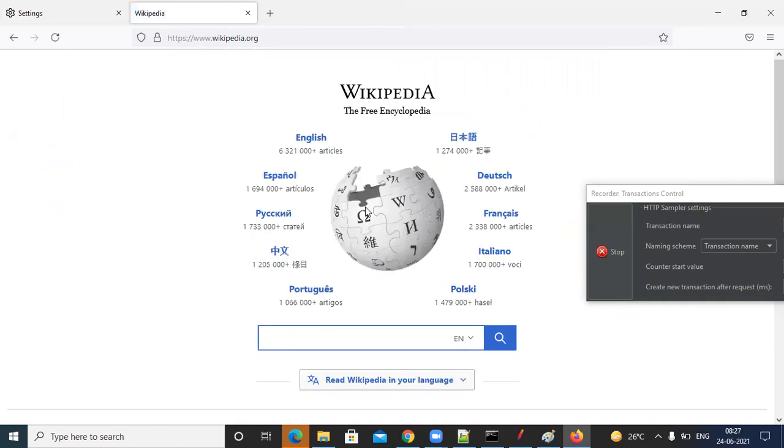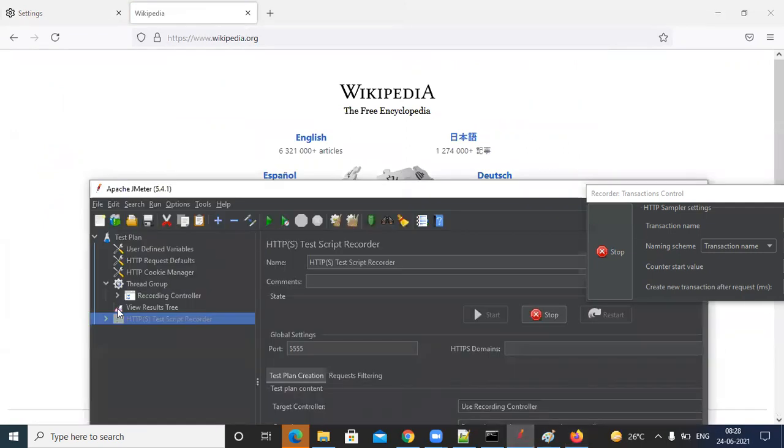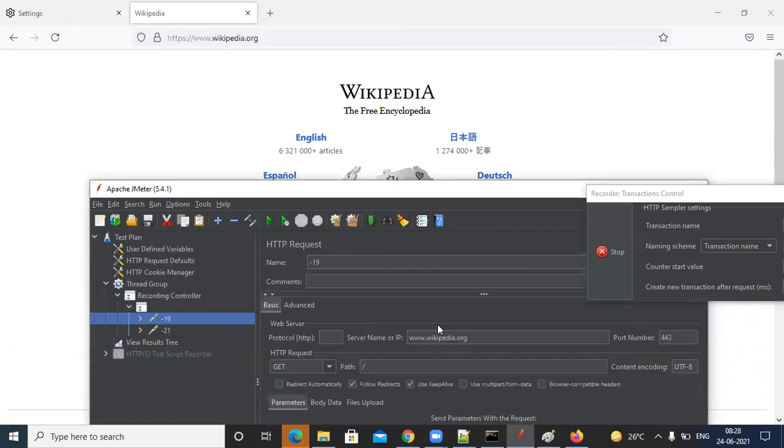See, now we got the data. We did get an error before, right? Because we passed the certificate, now it's authorized. And if you check in JMeter, see, it recorded the results, the API. See wikipedia.com. Okay, so whatever you do on this browser, now everything will be captured. So let's click on English here.